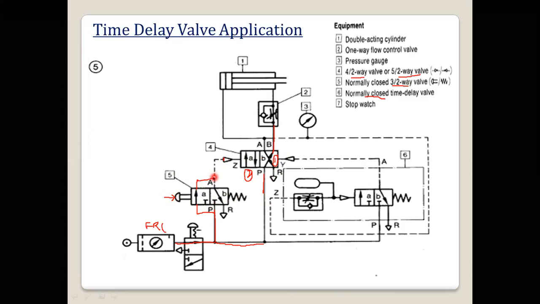Because the air will be there at high pressure, I will apply some pressure, that is, an impulse will be applied here. So if I apply the pressure, what will happen? The position will shift from 1 to 2. Then the flow will be from P to A in this part.